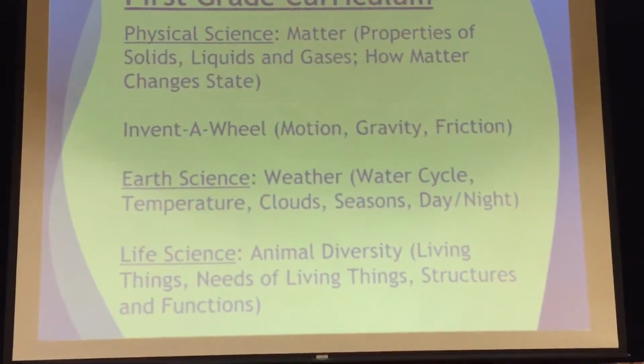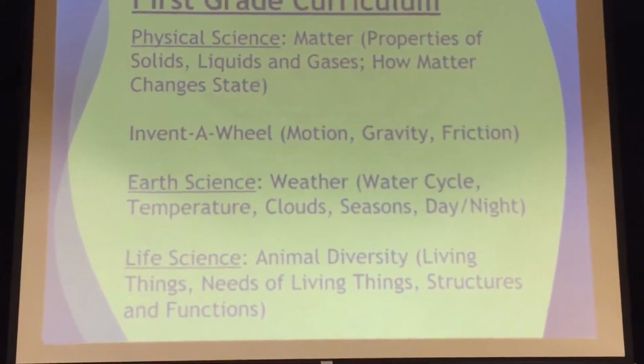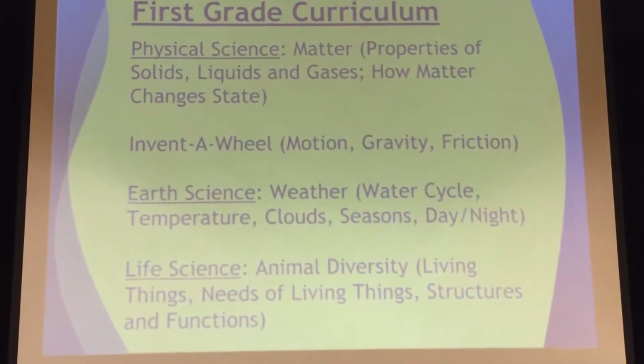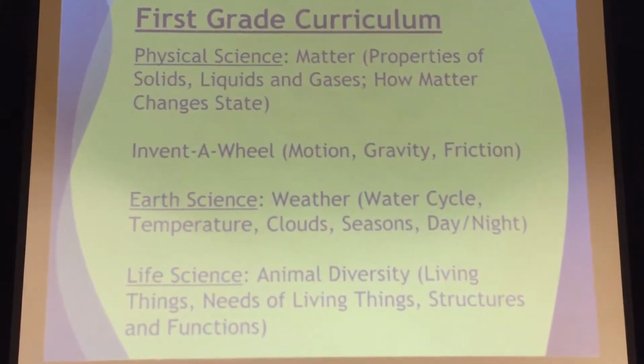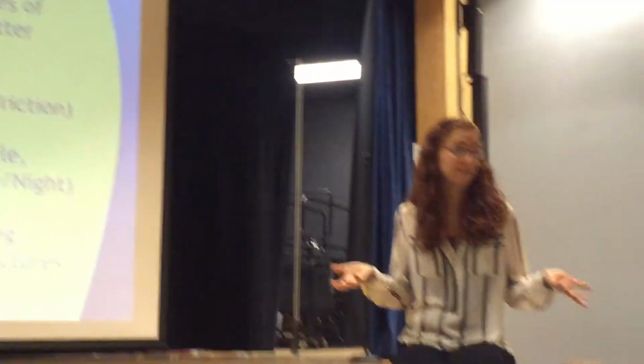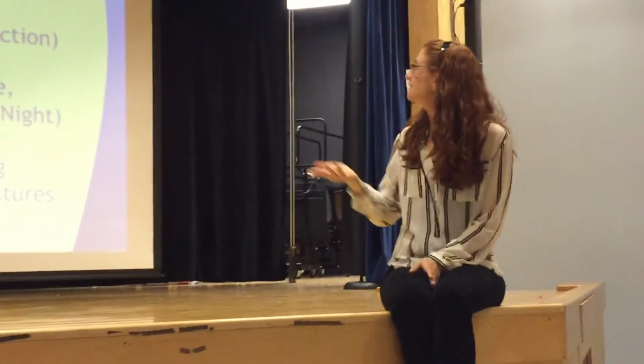And then their earth science is weather, and life science is animals again. This time it's animal diversity. So they start looking more closely at the animals and say, why is the stick bug shaped like a stick? And how does that help the stick bug live? Okay, second grade